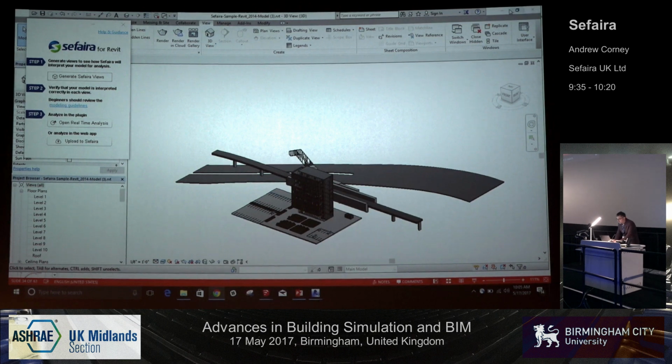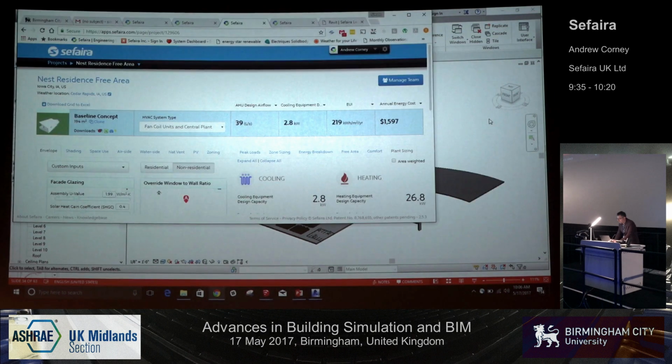Sorry, this is definitely worth doing, so I'm going to try and do this. Is that happening now? That's up on the screen. Yes! Okay, cool. So this is Sefaira. I'm going to try and show you a few different scenarios happening with Sefaira today. If I can get this. This isn't my computer,